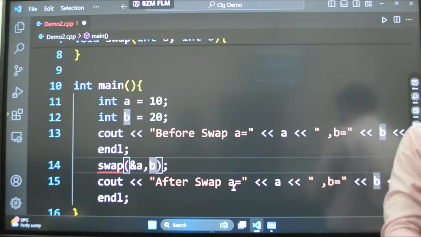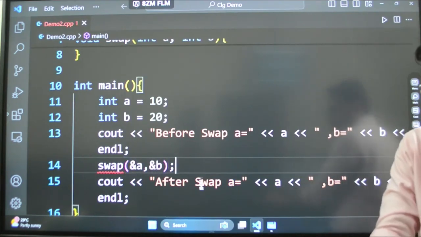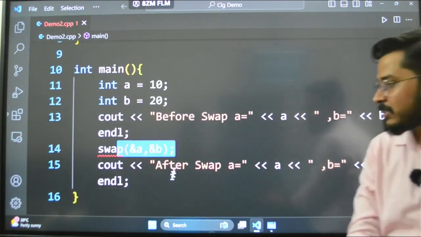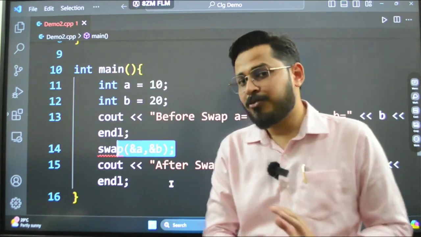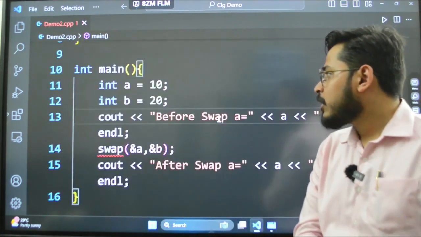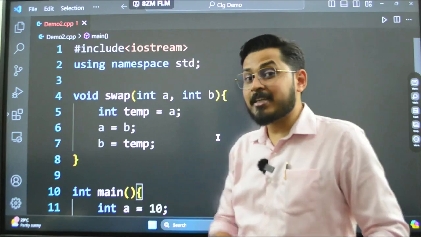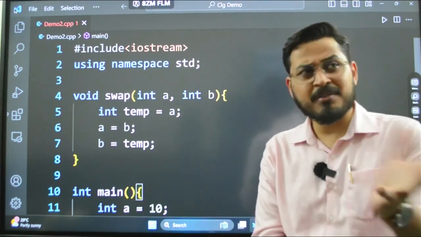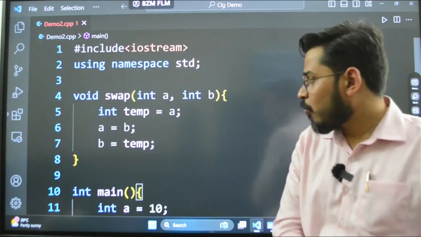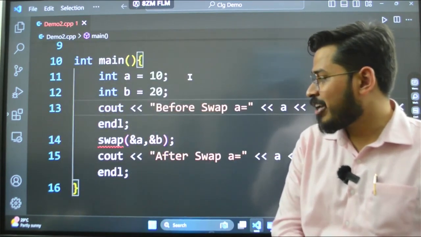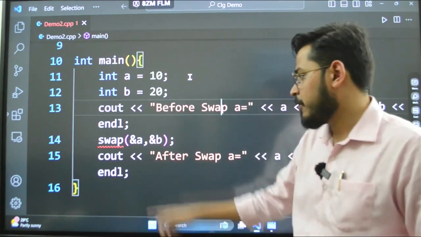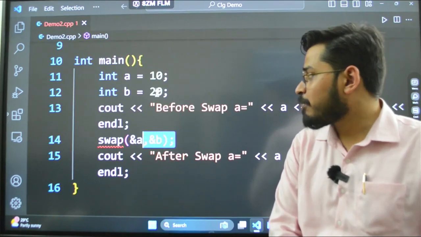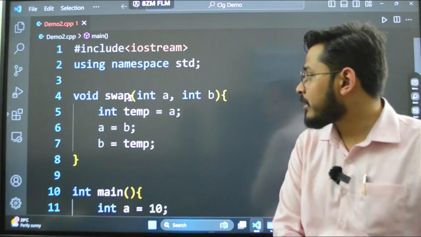You see it for yourself. I said ampersand A and ampersand B in this case, and right now the problem is that it shows us an error. Why? Because the accepting parameters are not pointers, and yesterday in our previous class we understood what type of variable holds the address of another variable. This is the address of A, and this is the address of B, and they are going into these two parameters.